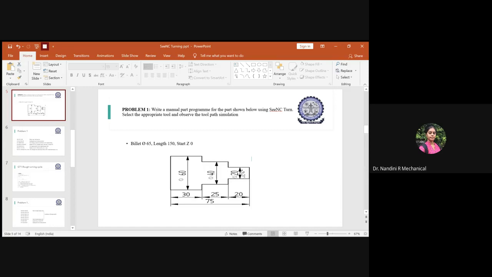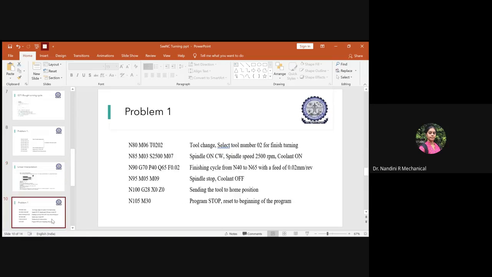So you should always see that you start with Z0 with only the positive values of X, and then you will proceed further to get the required part. Then you will provide the allowance and give the smooth finishing as per the smooth finishing turning cycle syntax. So this is about the first program.